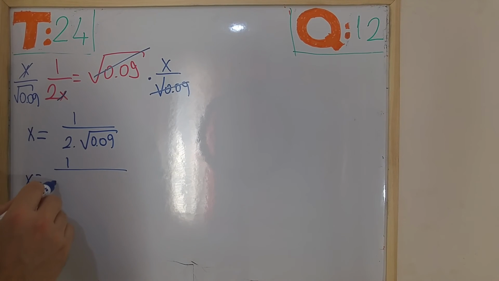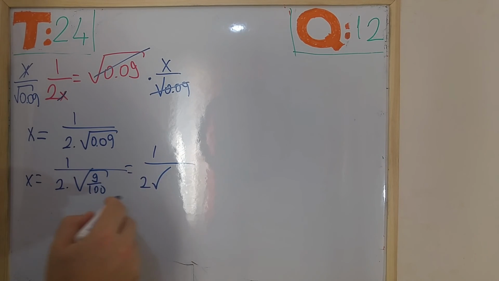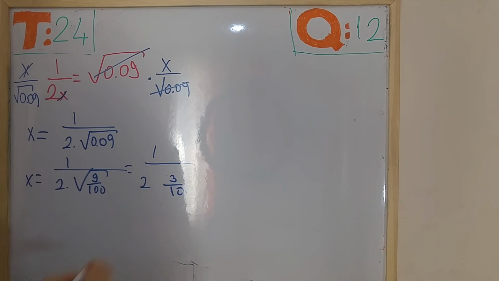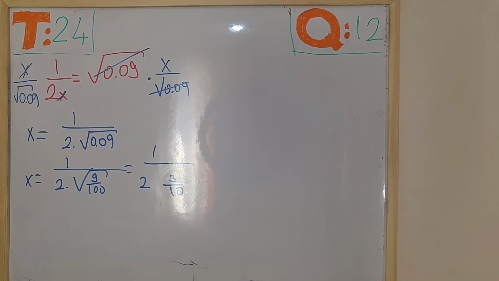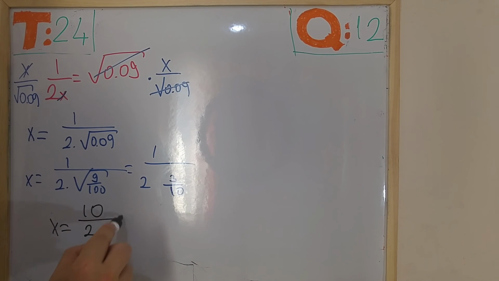1 over 2 times square root of 9 over 100. And this is going to be equal to 1 over 2 times, not square, no more square root now. What I will have is 3 over 10. So which is going to be equal to, x is equal to, this 10 will go up here, which is going to be equal to 10 divided by 2 times 3, which is going to be equal to 5 over